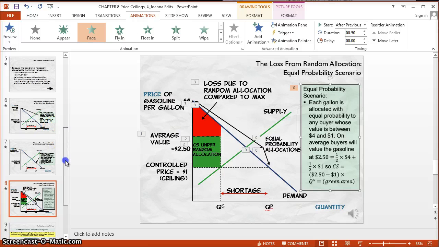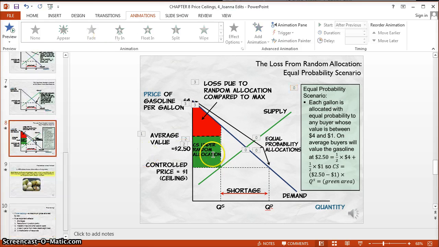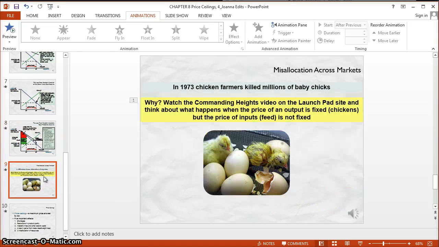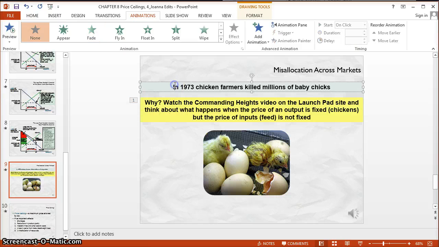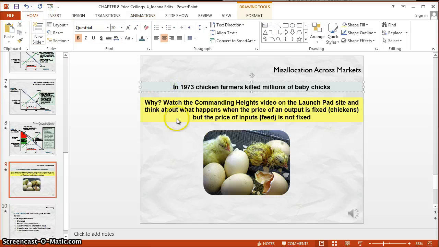Otherwise, things look pretty good. Average value equals 2.0. I'm running out of time here. I'm not going to make a third video. But here I changed this to a lighter yellow. Make sure that this font is Century Gothic because